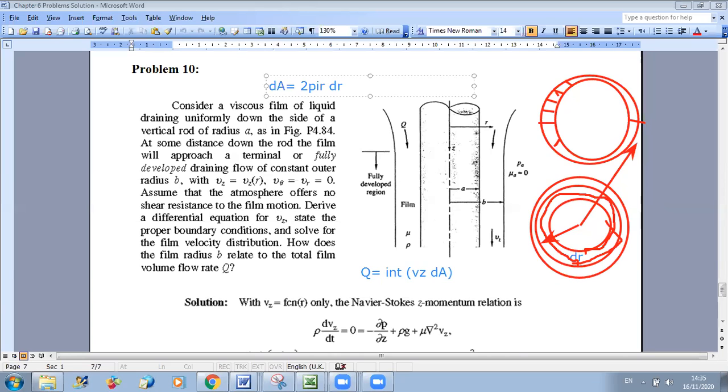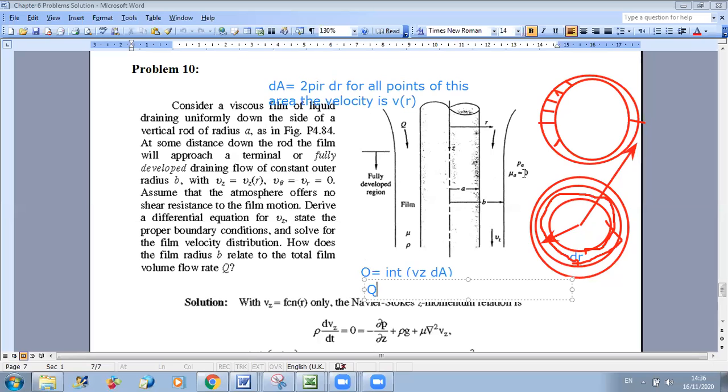Okay, then we can consider that for all elements of this area, what is the velocity? For all points of this area, the velocity is Vz(r). Okay, so now if I want to find the Q,